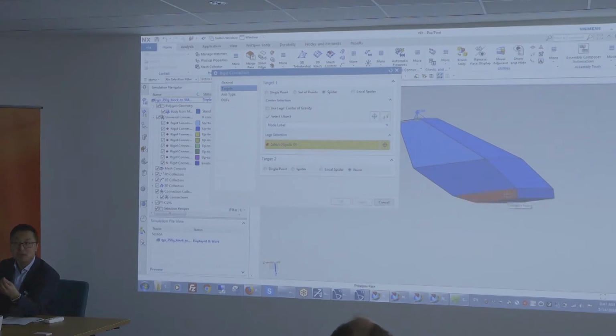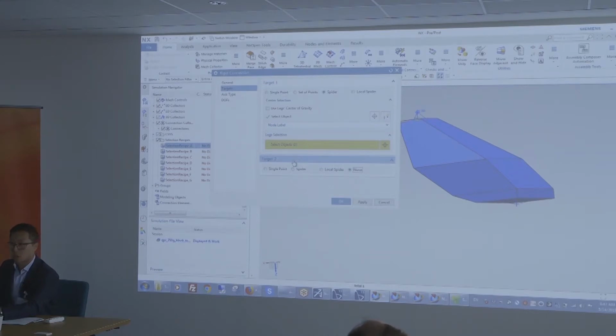How can you define this? Well, you do so by specifying that selection recipe. So what I've just done in 2 clicks is create a bolted connection at this particular point, using all the elements within a radius of 4 millimeters. It could have been a sphere, could have been a cylinder. The shape of that hole can be whatever you want, essentially. So that's an automated way to create it.